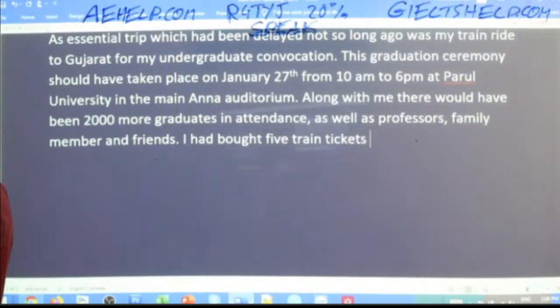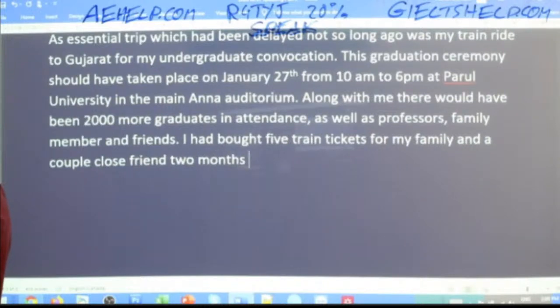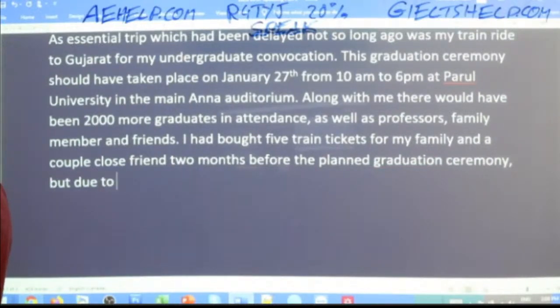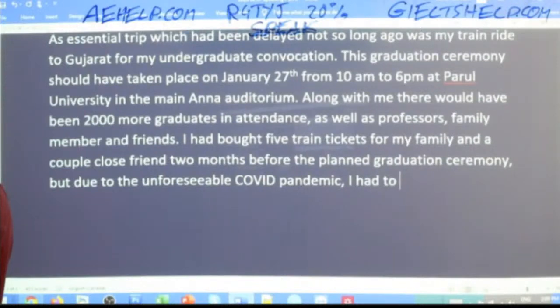So I had bought 5 train tickets for my family and a couple close friends 2 months before the planned graduation ceremony, but due to the unexpected or unforeseeable COVID pandemic, I had to cancel this trip as I